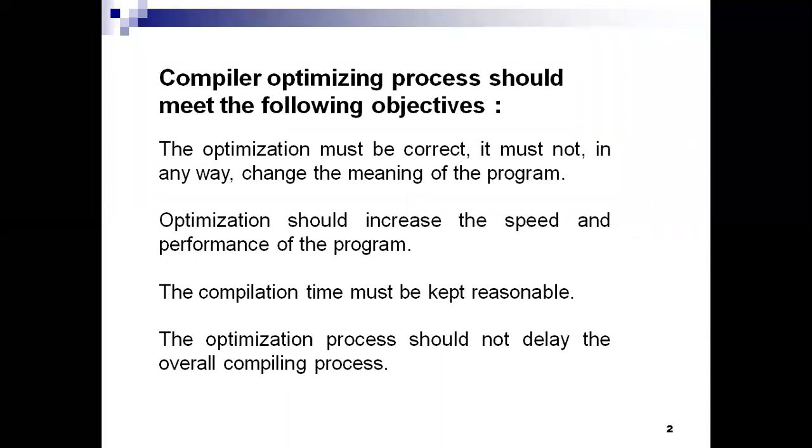The second issue is that the improvement over the program efficiency must be achieved without changing the algorithm of the program, or without changing the meaning of the program. Either the algorithm or the meaning must stay the same, and we need to improve the efficiency of the code. These are the two most important issues that we need to consider while applying the techniques for code optimization.